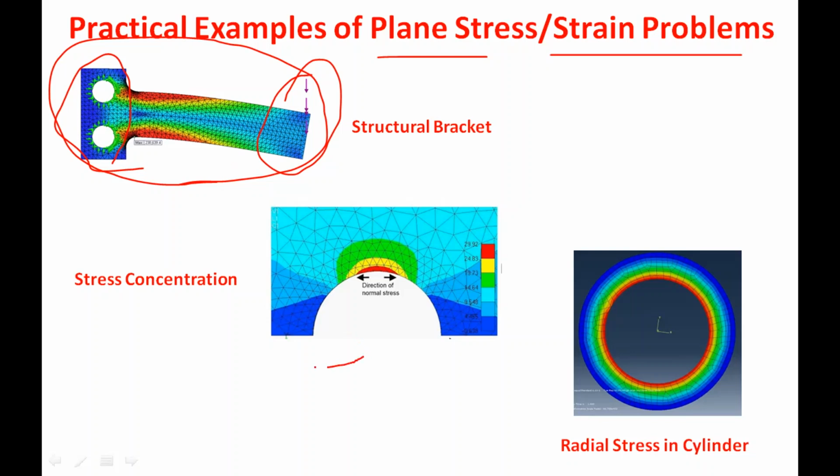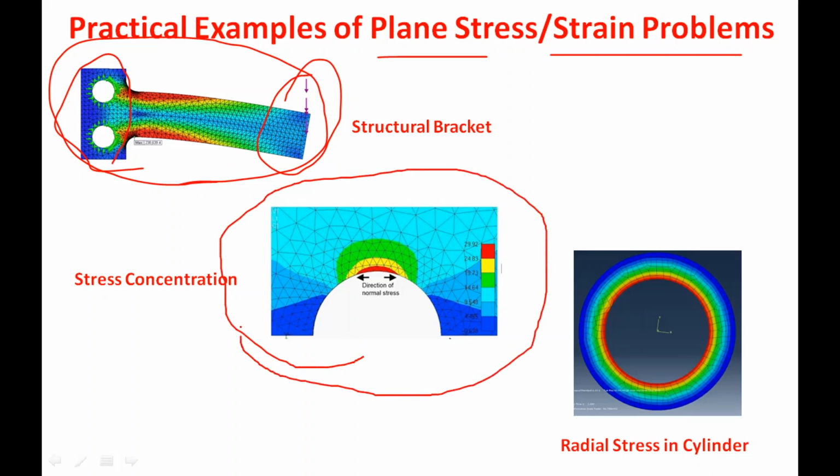And similarly for this example, if you want to find the stress concentration of a plate in which we have a circular hole like this, for this type of problem we use only the half symmetrical condition. That is why we have a plate like this. We can easily find out the stress concentration here. For this problem also they are using the triangular element, you can see.